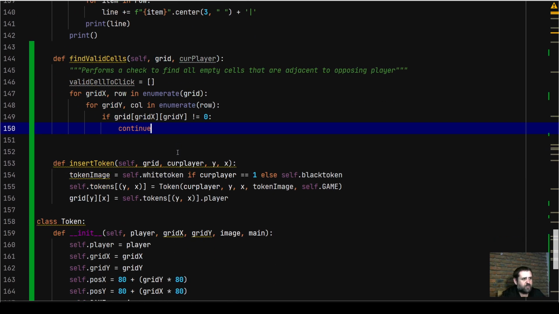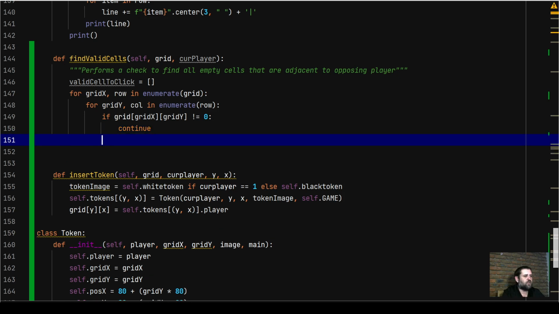No, wait, it's not an empty square. It means that it's an occupied square, which means there is already a tile in that square, whether it be a black tile or a white tile, it does not matter. Therefore, the rest of this loop no longer applies, so it moves on to the next item in the loop. Once it's performed that check and passes that check,